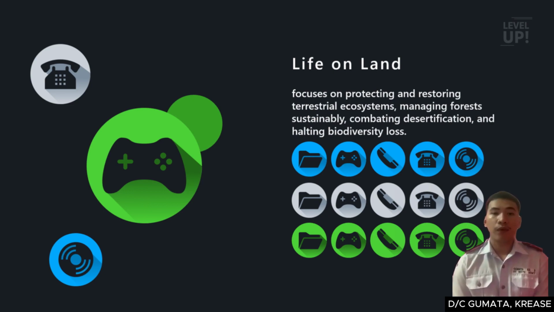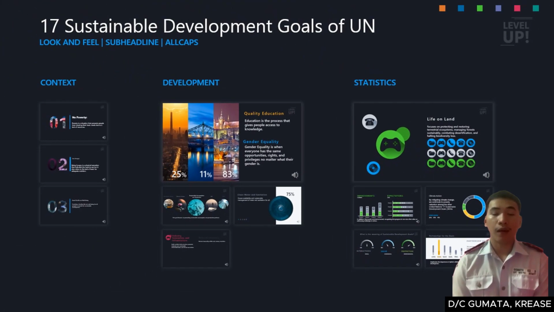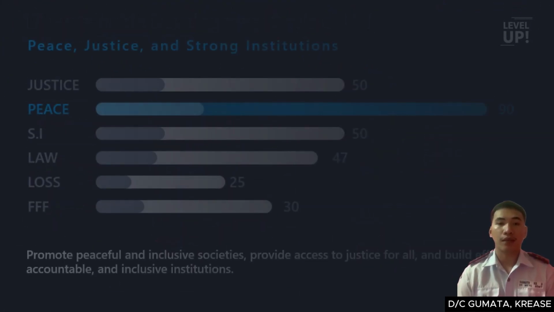Example: forest conservation, afforestation and reforestation projects, sustainable land management practices, and efforts to combat illegal wildlife trafficking are all important for preserving life on land. Peace, justice, and strong